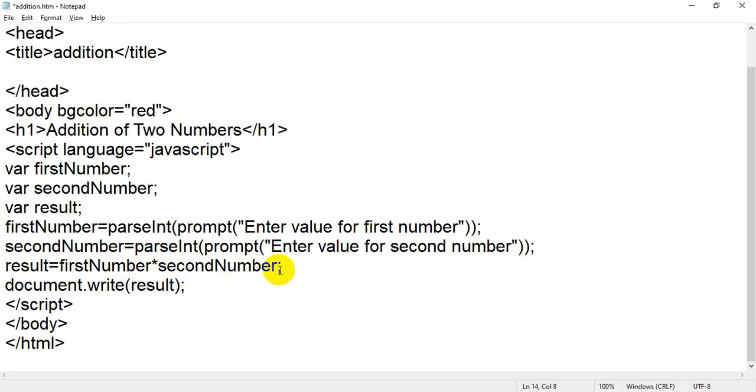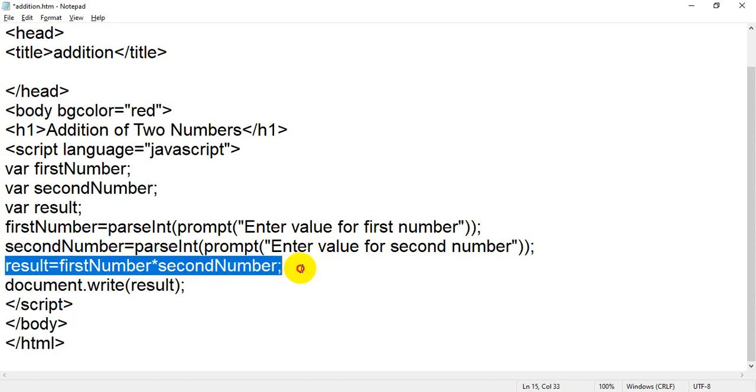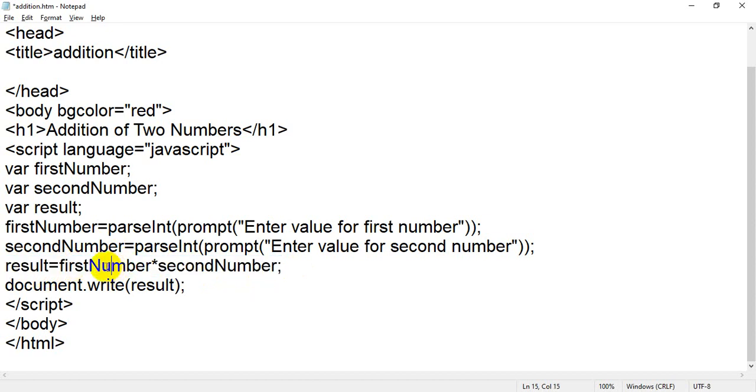After that you have written the formula for addition or multiplication, whatever you are doing. How have you written the formula? The sum equals first number plus second number, or result equals first number multiplied by second number. Then whatever the result of this expression will be, it will be stored inside the result variable. After that I have written document dot write result.